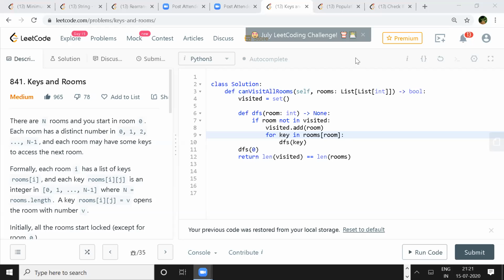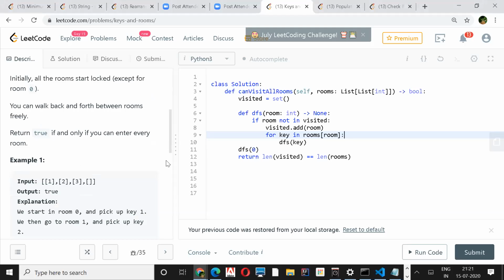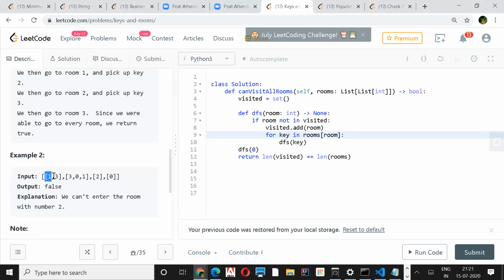I can do it diagrammatically. I can show. It's like this: you will have 0, 1, 3, right? Corresponding to 0, you'll have 1, 3. So we'll visit all the keys. 1 also we'll visit and then return back to 0. Again from 0 to 3 we'll come and then again return back. And then next time again we'll check whether 3 and 1 are visited or not, and put it in the key. So at the end, when you come out from the DFS, you are actually going to look for the length of those visited ones.